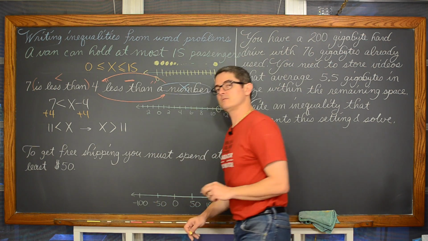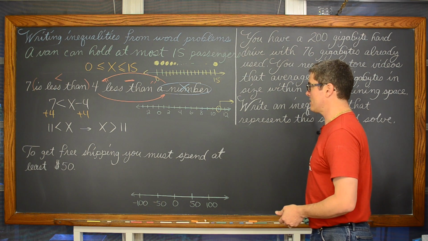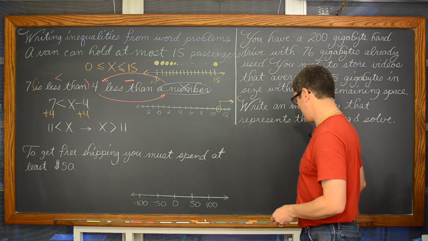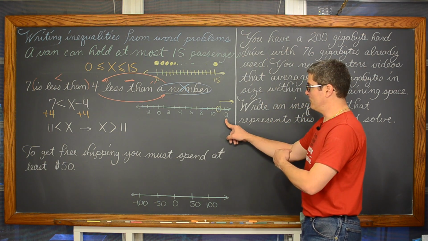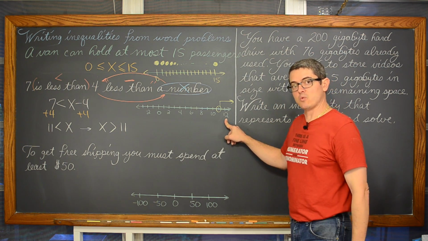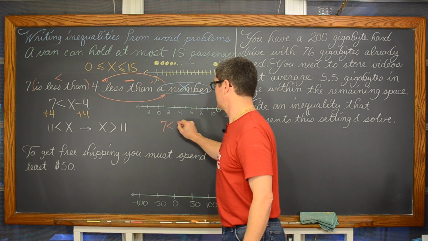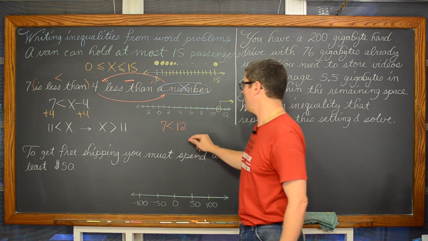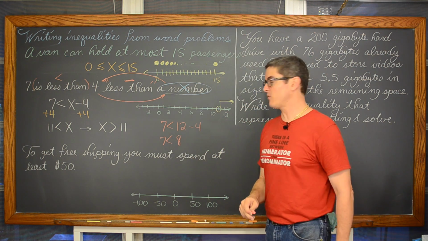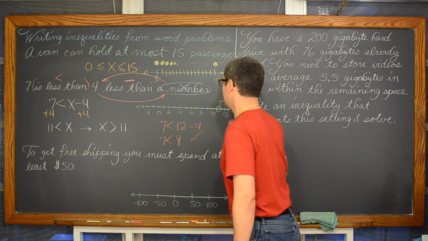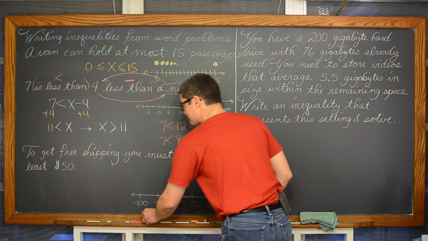is less than 12. And then if I want to check any of these answers to make sure that I'm indeed shading the correct side of the number line, I can say, well, I shaded to the right of 11. Just as an example, 12 is in that area, and we get 7 is less than, I'm going to plug in a number within that shaded region, 12 minus 4, and we get 7 is less than, well, 12 minus 4 is 8. 7 is smaller than 8, so that is true. We've checked out. We have shaded the correct side of our number line.